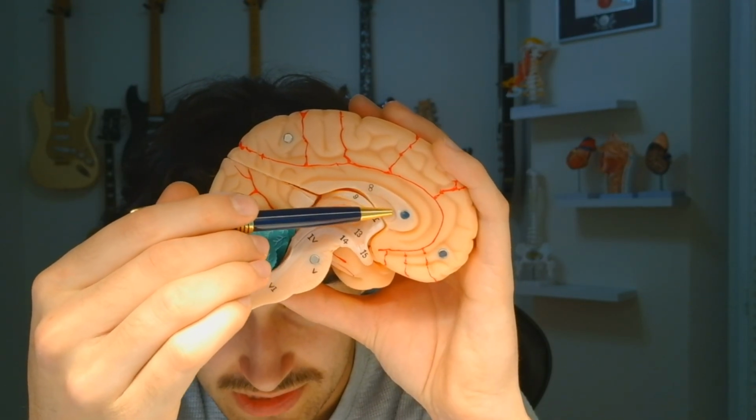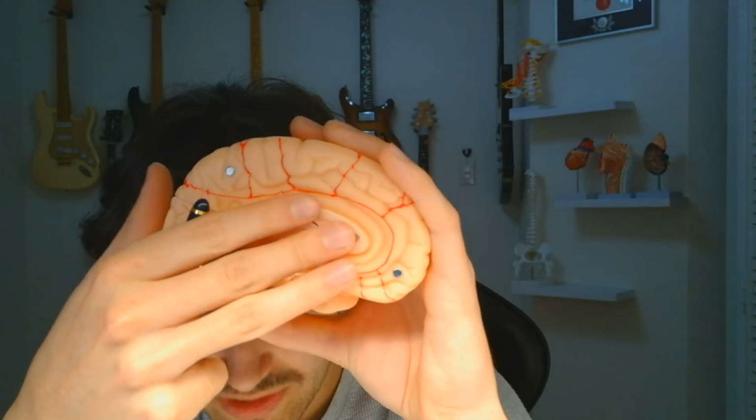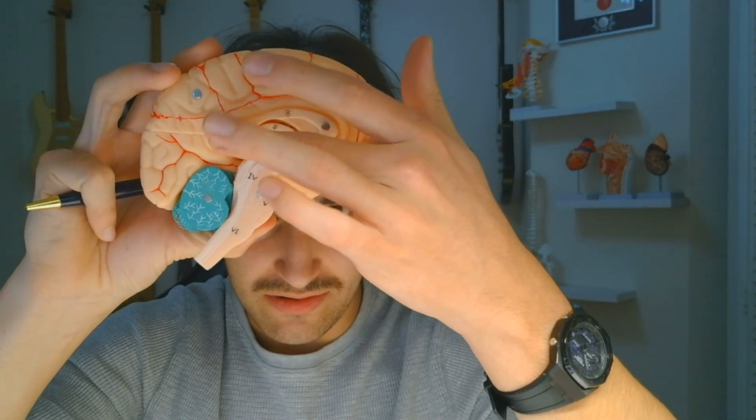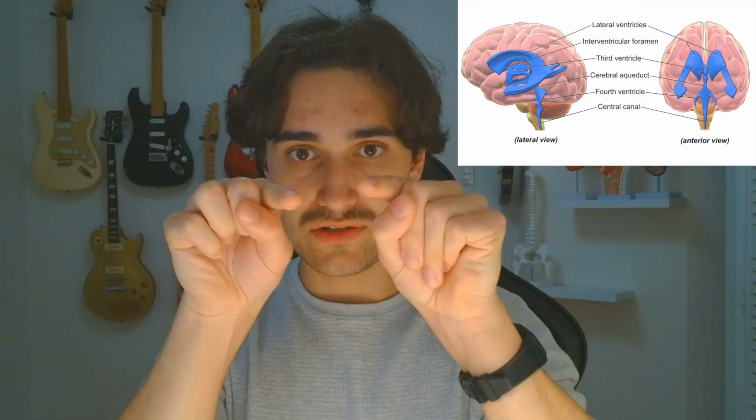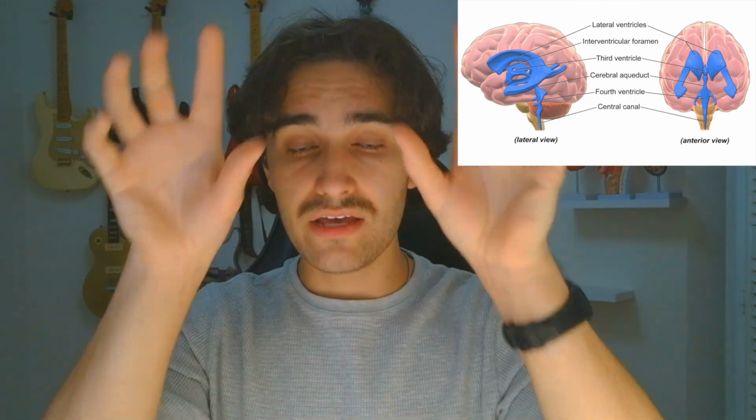And then what's difficult to appreciate here is that we have ventricles around here. We have lateral ventricles in the brain. So what are ventricles? Well, a ventricle is like a space. It's typically filled with fluid. And we have 4 in the brain. We have 2 lateral ventricles that funnel through the interventricular foramina, left and right, of Monro into the 3rd ventricle. The 3rd ventricle drains into the 4th ventricle via the cerebral aqueduct,